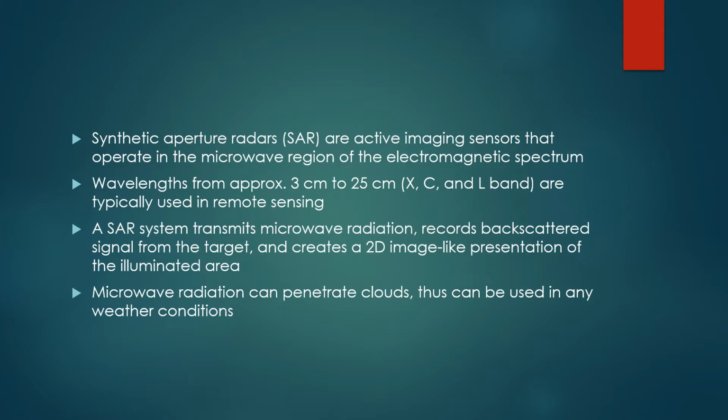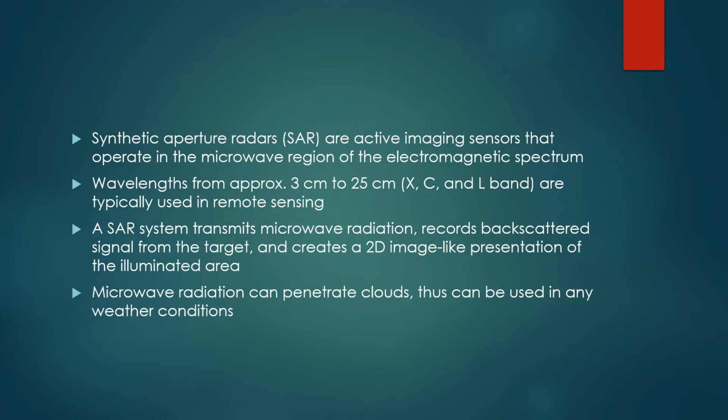The SAR system transmits microwave radiation, records the backscattered signal from the target, and creates a 2D image-like presentation of the illuminated area. The benefit of using microwave radiation is that it can penetrate clouds and can be used in